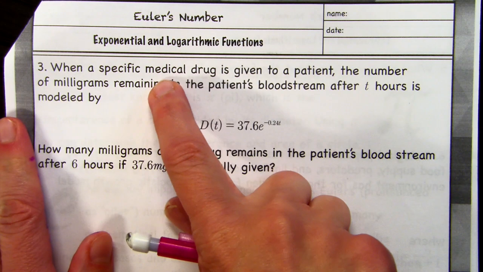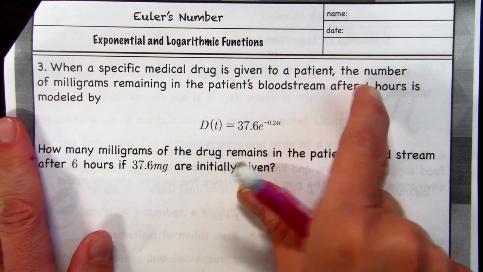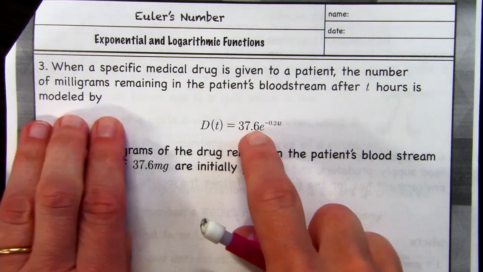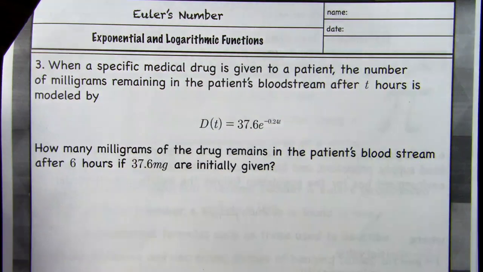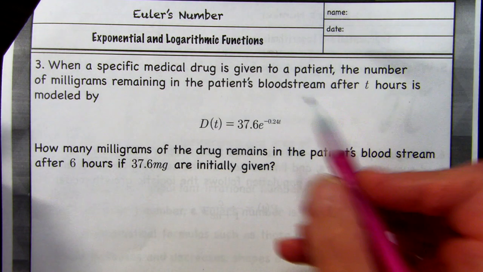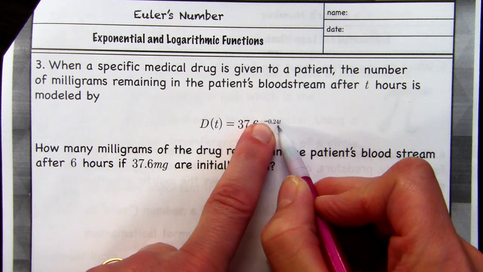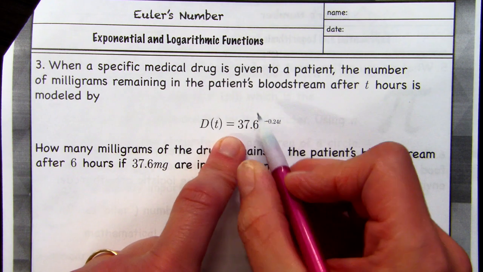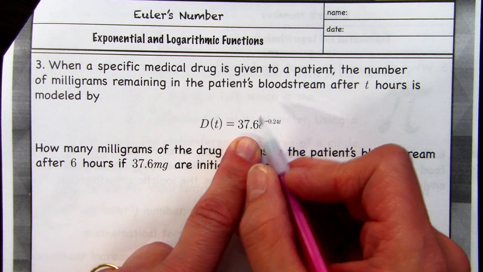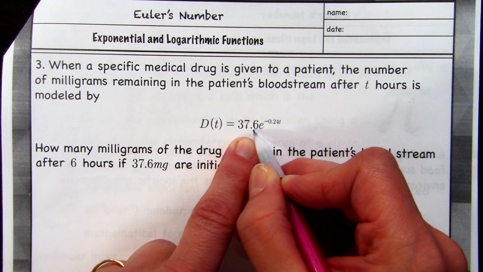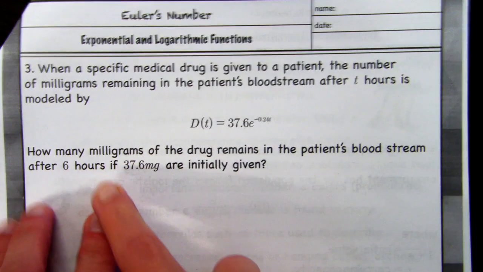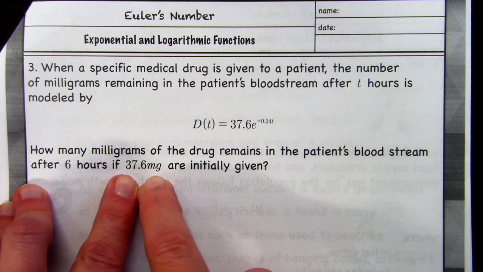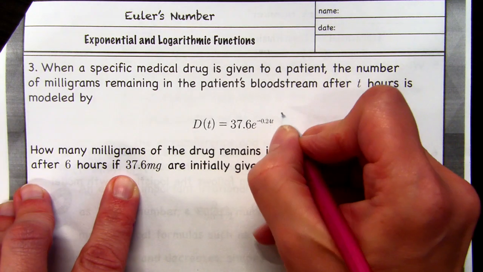So on number 3, it says when a specific medical drug is given to a patient, the number of milligrams remaining in the patient's bloodstream after t hours is modeled by this function. So basically, there's some information here. This is negative. That means that it's going to be going down instead of up. And this is actually the original amount of milligrams they put in the system. So instead of principal, this is your original amount of milligrams of whatever that drug is. So it says how many milligrams of the drug remains in the patient's bloodstream after 6 hours if that's what is initially given. So I just have to put 6